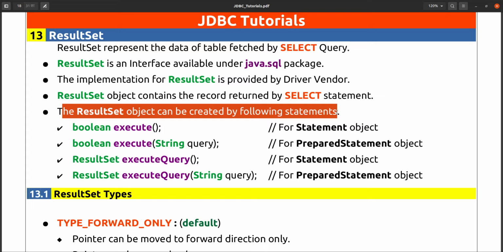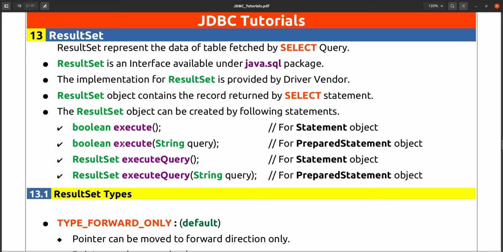But executeQuery is specially designed for select statements. If you have to execute a select statement, you can go directly with executeQuery, because its return type is a result set.